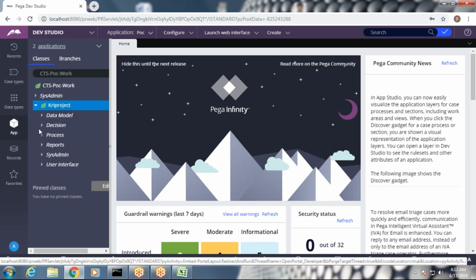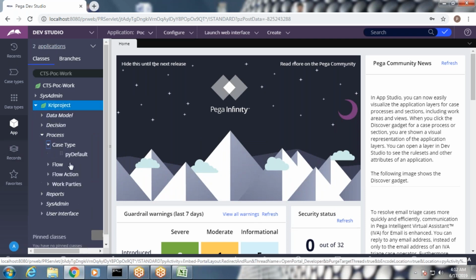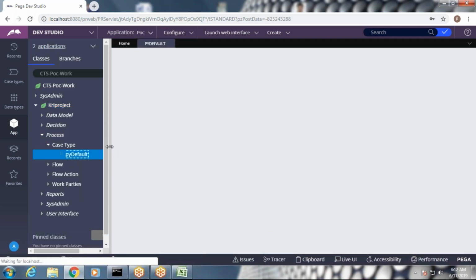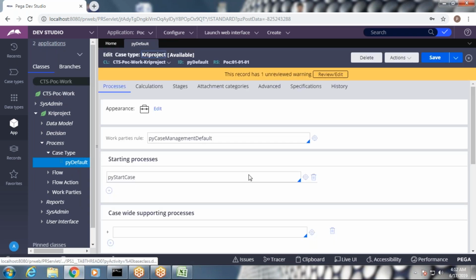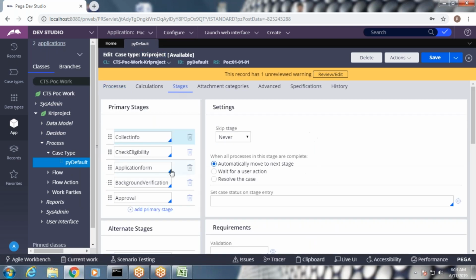By default, in process case type there is a page, right? And which tab? Stages, right? Yeah, click on this stage.